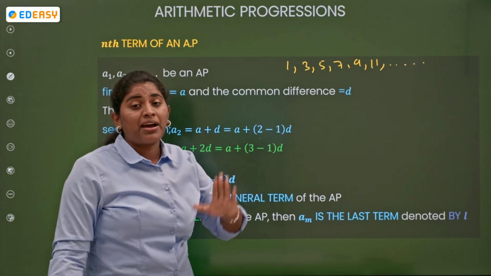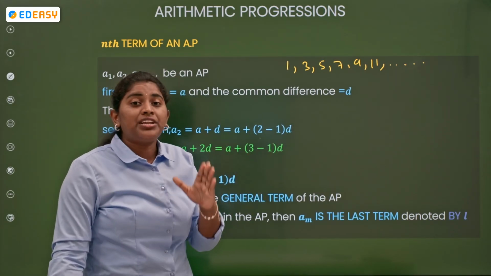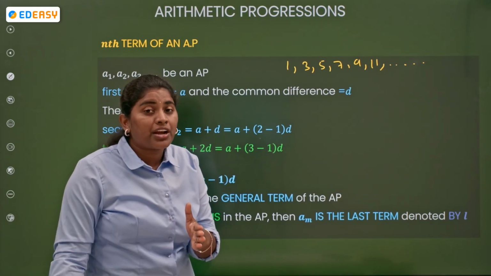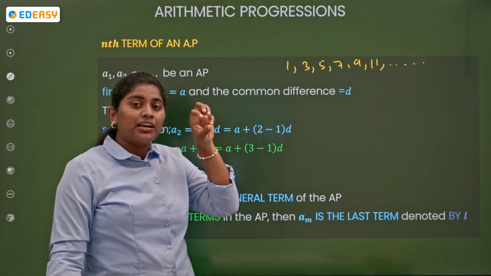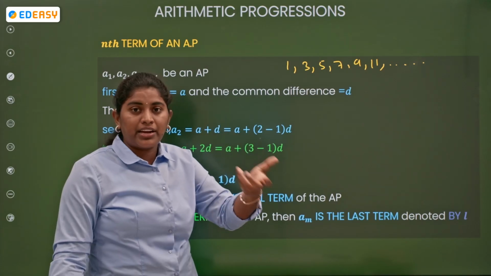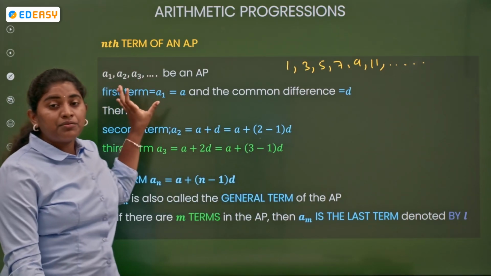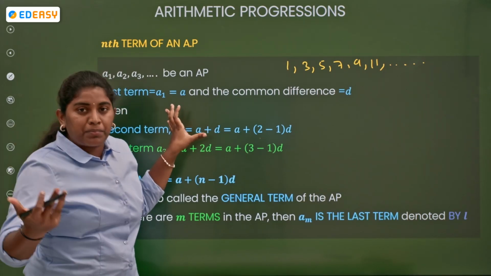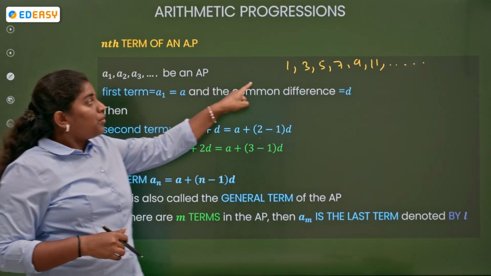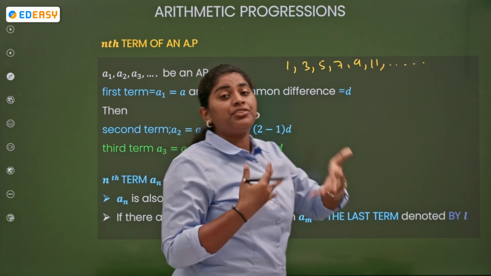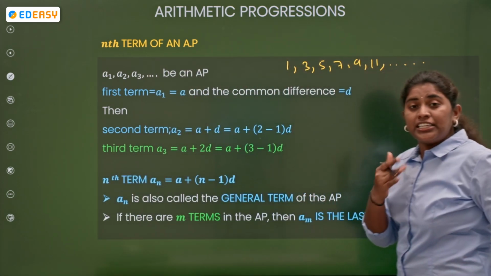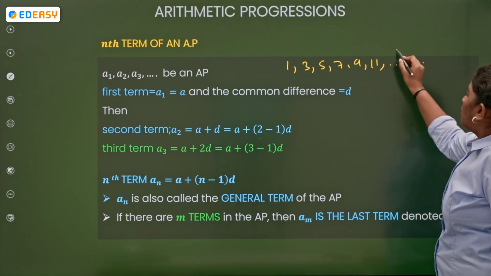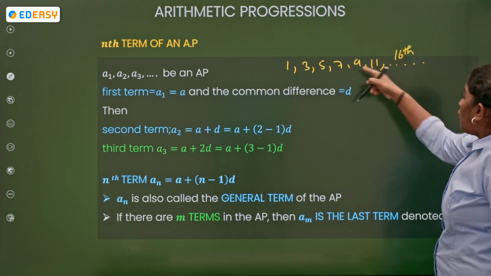But what if I am asking you to find the 50th term? 50th is nothing but a term number. In the same way, nth term means it will give you the position of a term in that AP. Understood? Now, as I am asking you to find the 50th term, if you are finding difficulty with 50, then you can take at least the 15th term, or the 16th term of this AP.